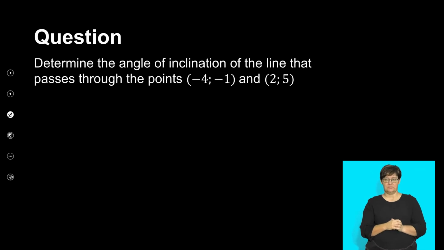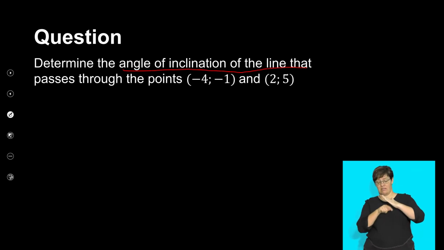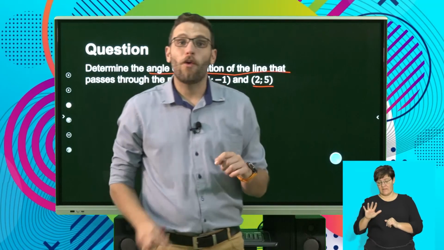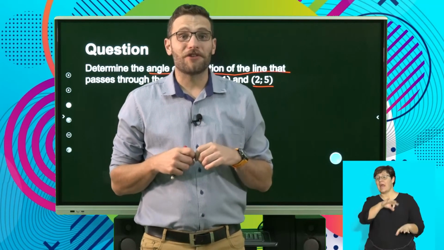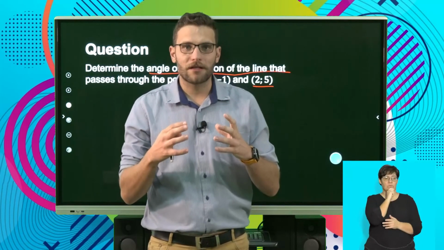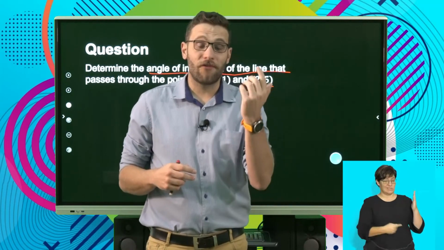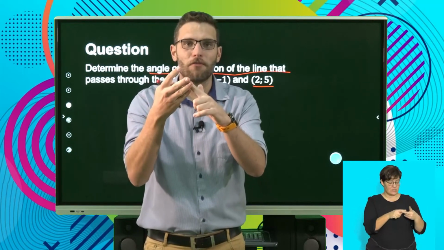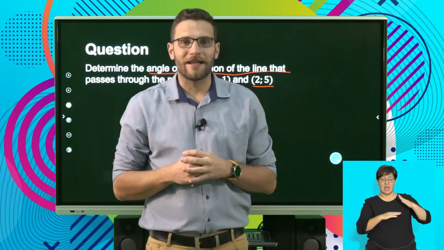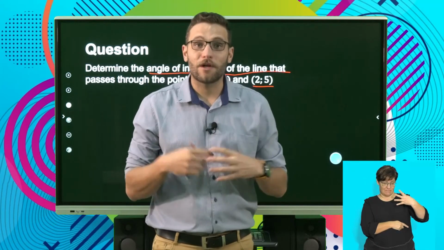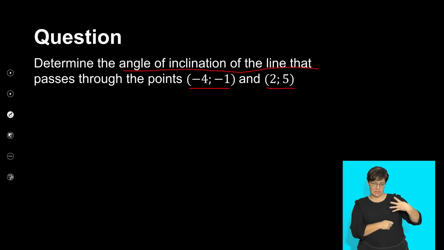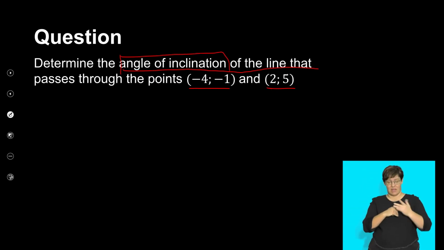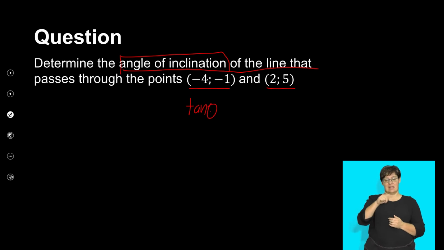Our next question says, determine the angle of inclination of the line that passes through the points (-4; 1) and (2; 5). Again, all I'm ever going to do when we're doing analytical geometry is I'm always going to use a formula. So turn to the formula sheet. You've got 4 formulas. You've got the distance formula, you've got the midpoint formula, you've got the gradient formula, and you've got the angle of inclination formula, tan theta equals m. Which one am I going to use here? Well, they want me to determine the angle of inclination, and so I'm going to use this formula, tan theta